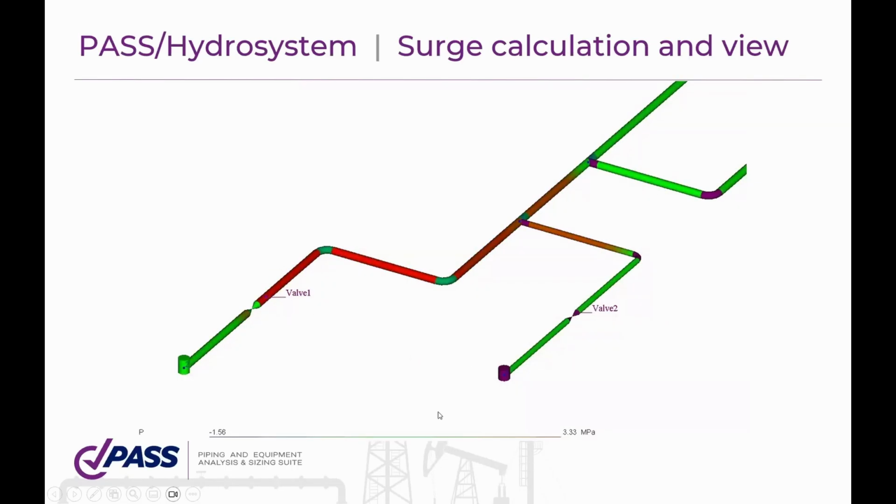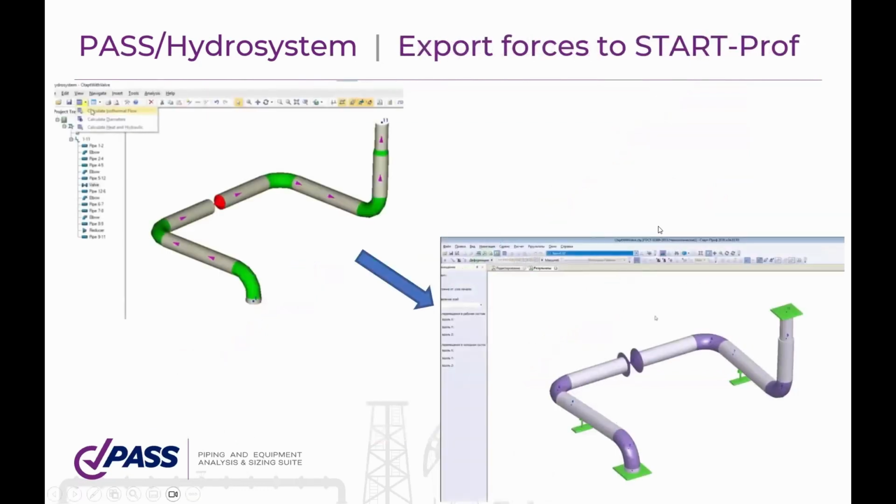So you can understand how this surge will travel, where it will be reflected from some nodes, combined with each other and so on. And not only can HYDROSYSTEM perform the analysis of these transient events, we can also calculate forces caused by water hammer and by two-phase slug flow, force loads that will act on piping components of your pipeline, such as elbows, T's,